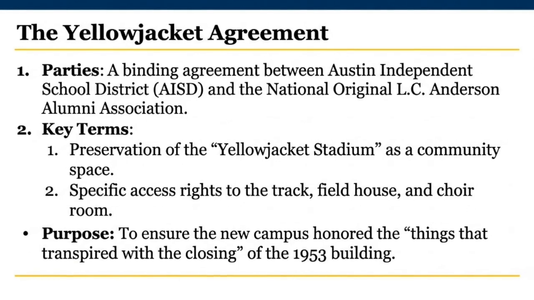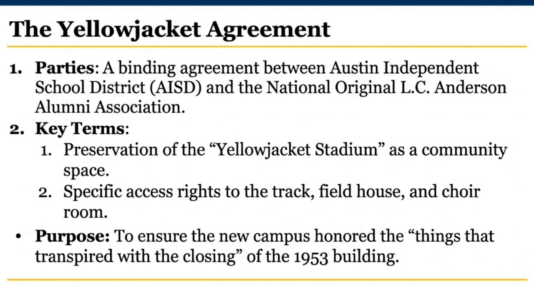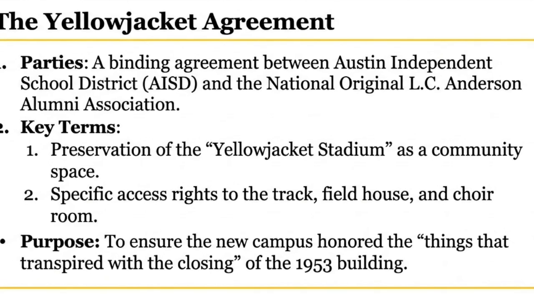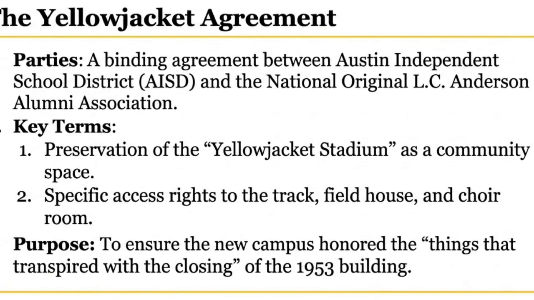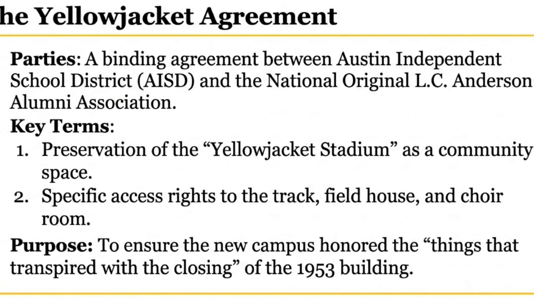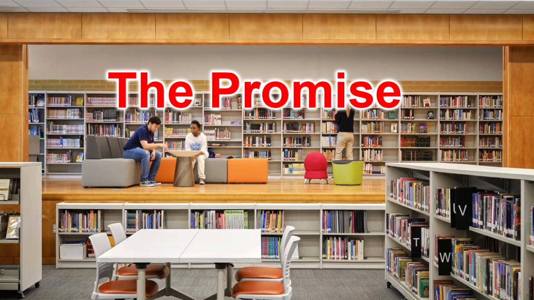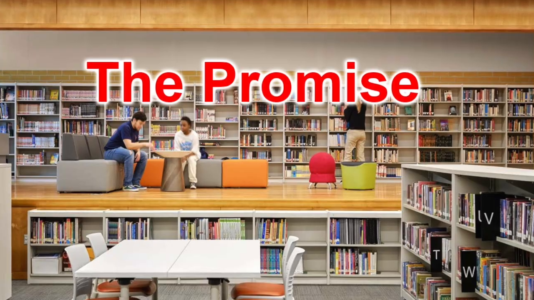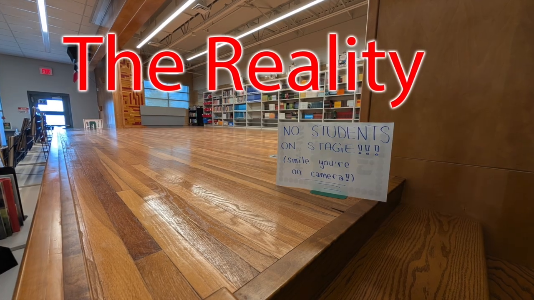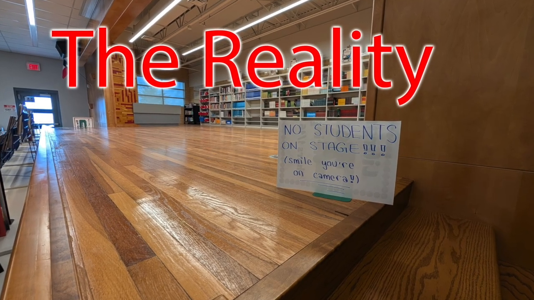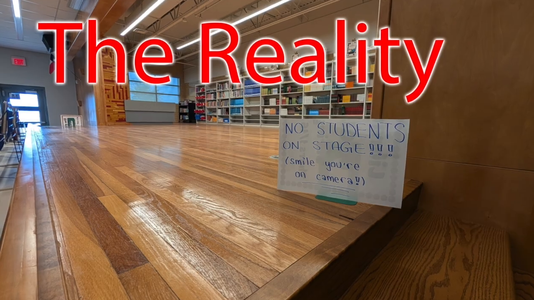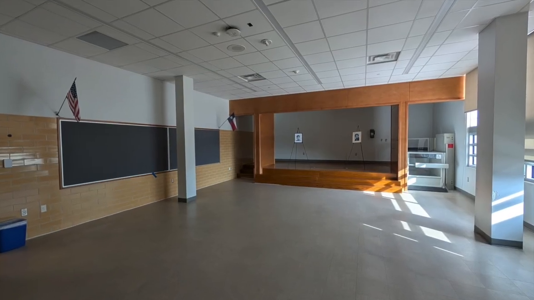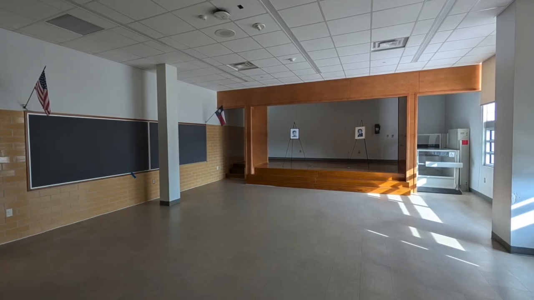Eastside does not even have full control over its own campus. Because of confidential historical preservation agreements, essential spaces in the building, spaces funded through a bond sold to voters as a rehabilitation package for Eastside Early College High School, are closed off to Eastside students. The choir room, first floor hallways, a classroom, a community room, and part of the library are reserved for the L.C. Anderson Alumni Association.